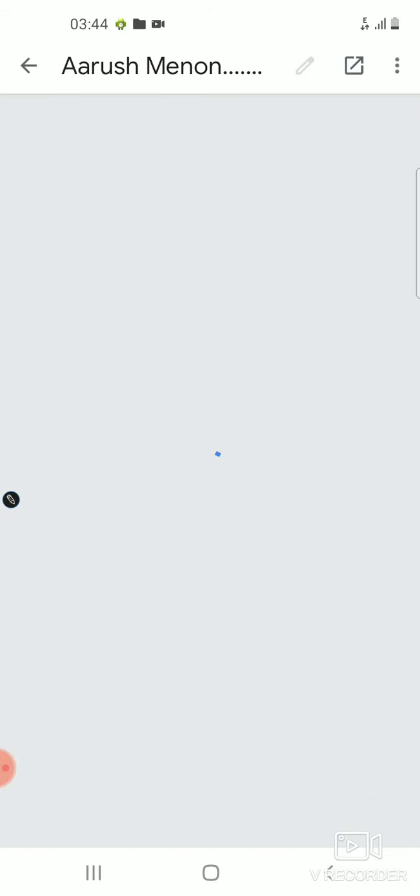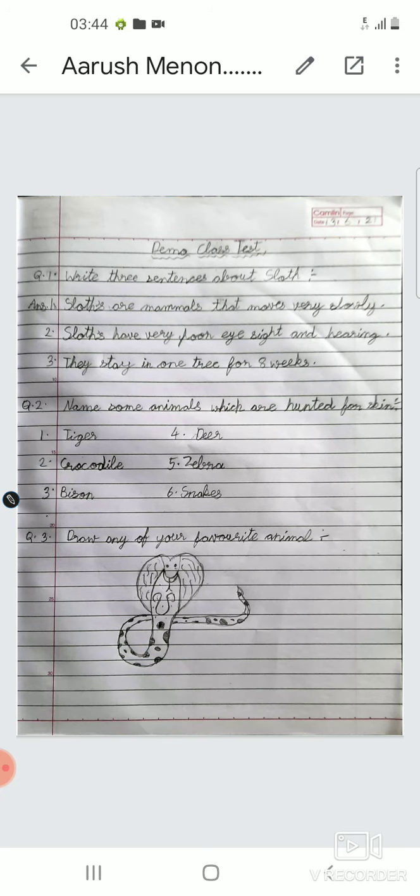Now what we can do is we can open the PDF of the students and we can do the correction using the pen option. You can correct using any color. It will take some time to open due to network issues. So now it's opening, almost open.